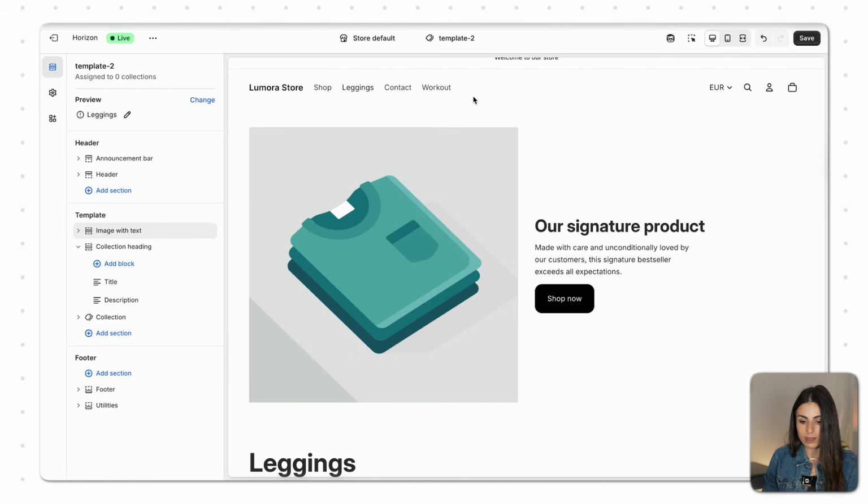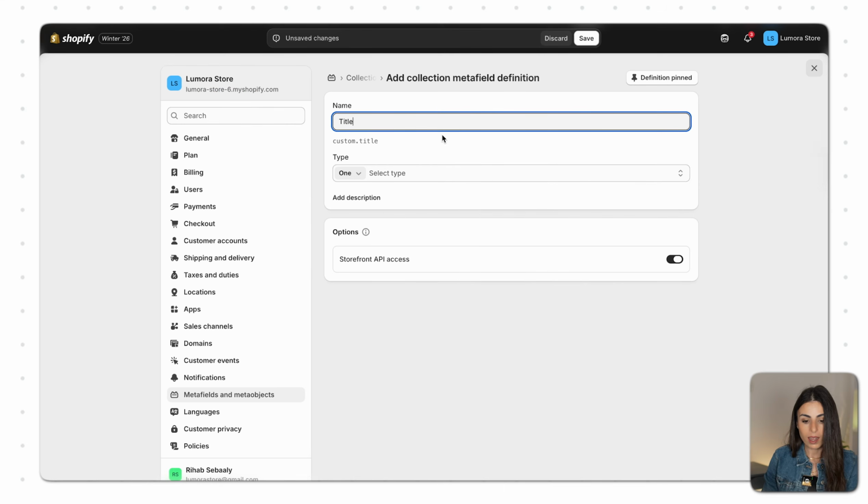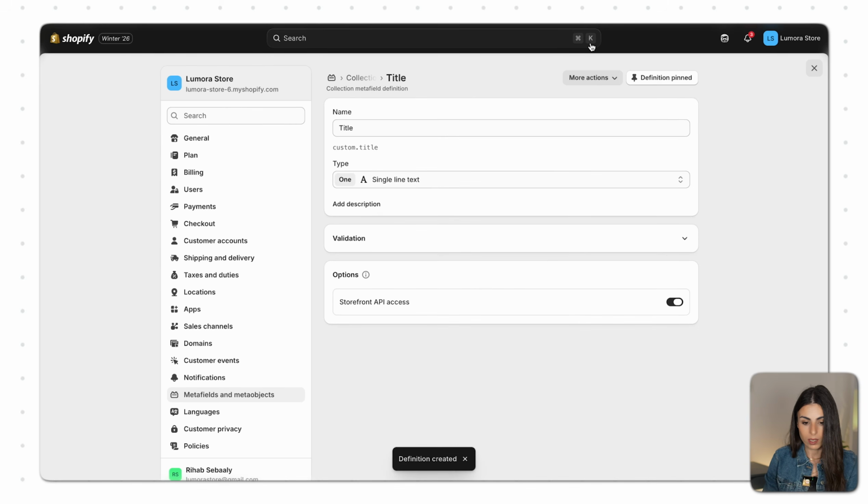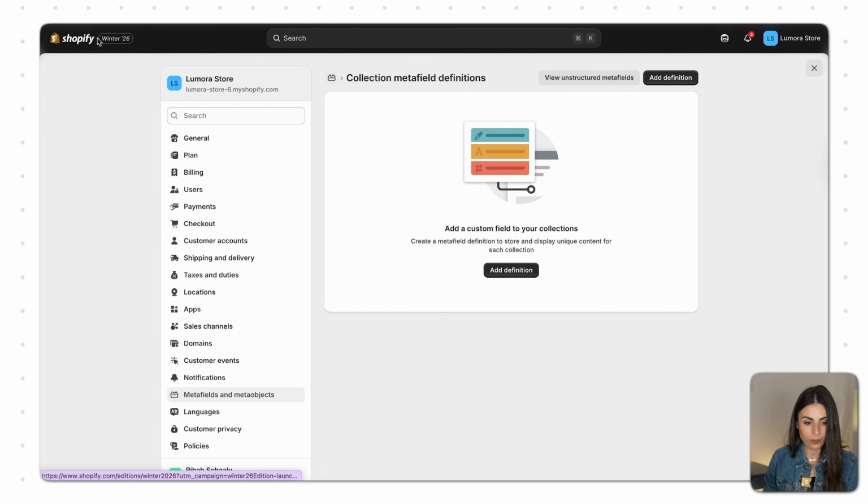And since this is a title, it's going to live in here, let's give it the type of single line text and click on save. Bear with me, everything I'm doing now is going to make sense once we finish it. So I will go back to collections,